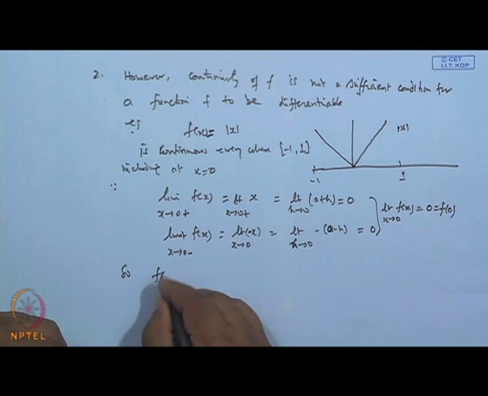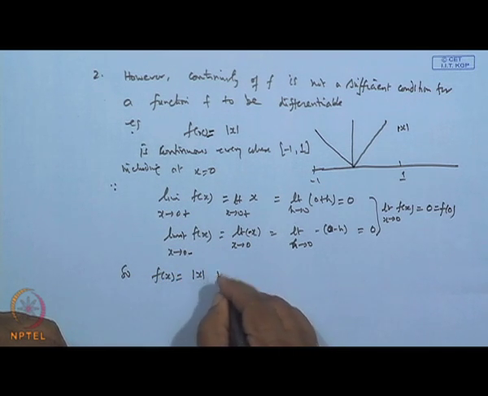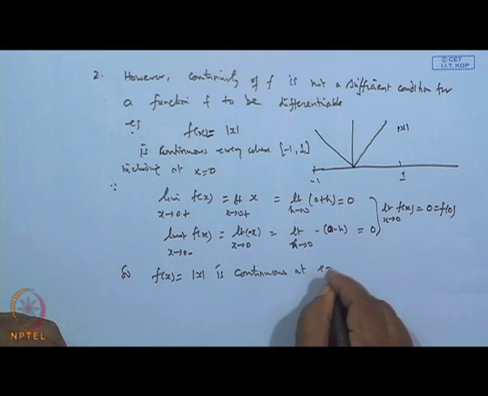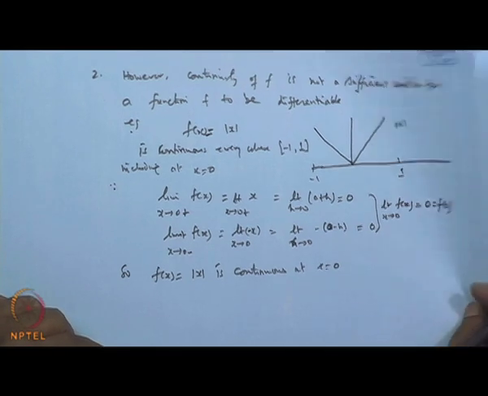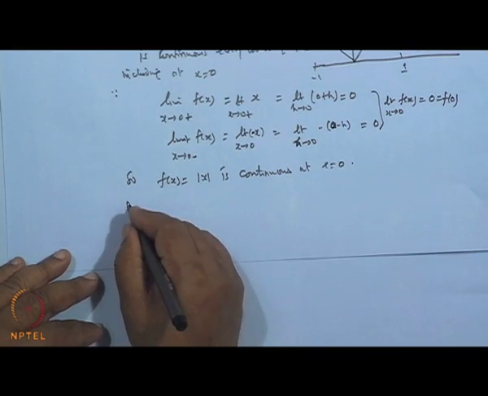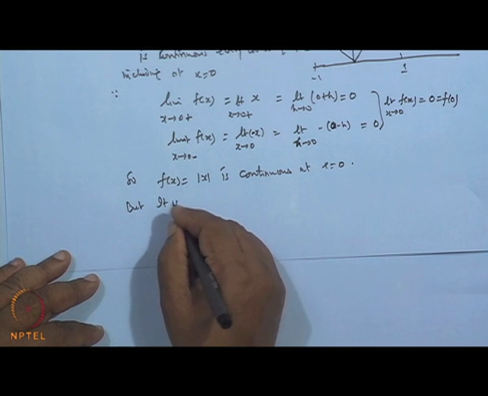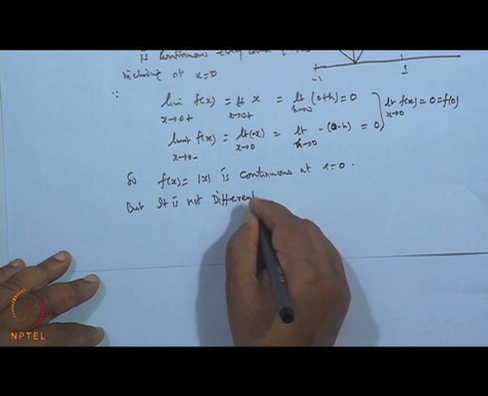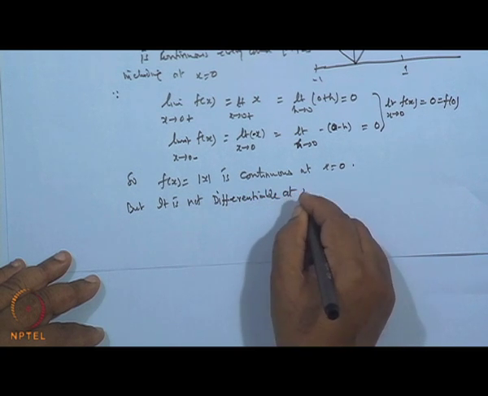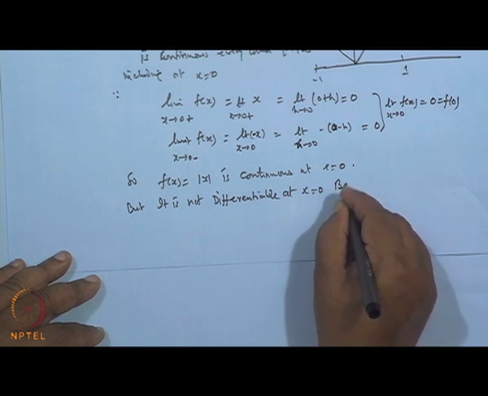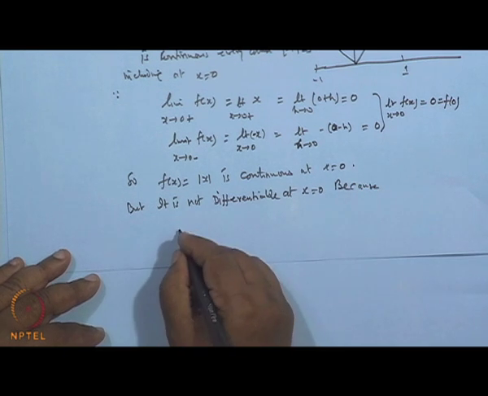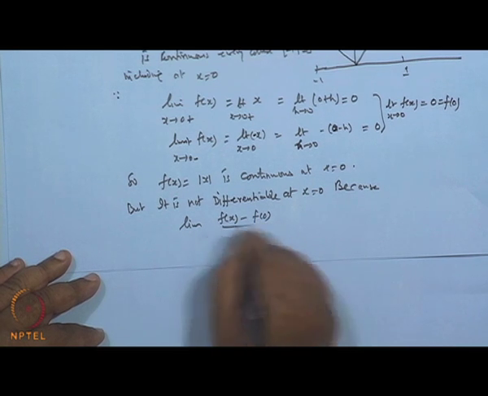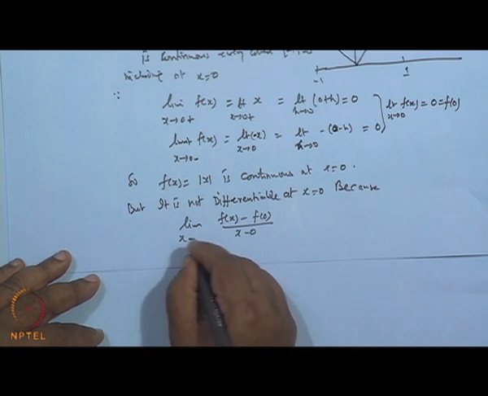So the function f(x) = |x| is continuous at x = 0, but it is not differentiable at x = 0. The reason is, if we find the limit of (f(x) - f(0)) / (x - 0) as x tends to 0